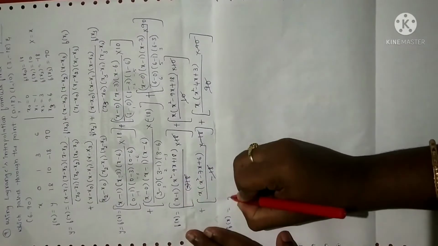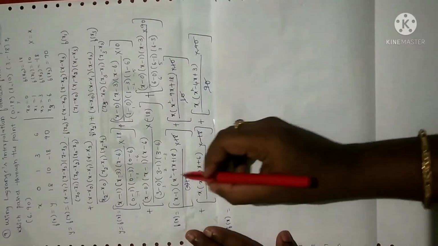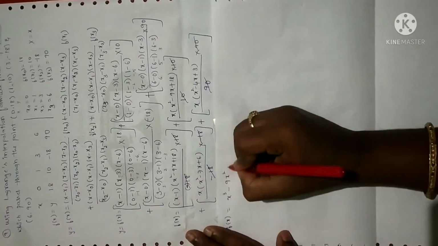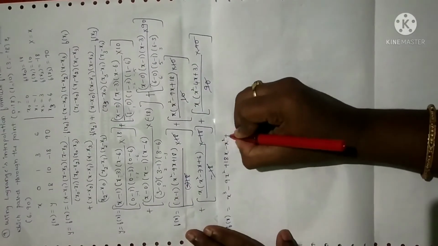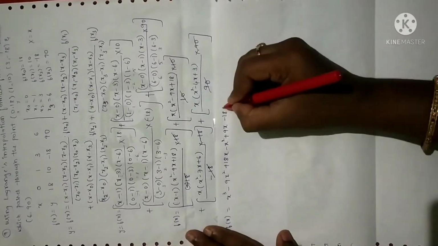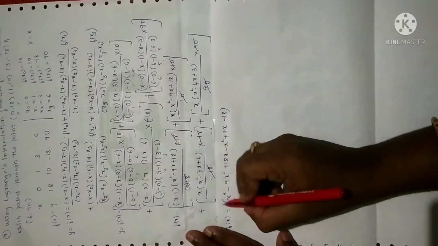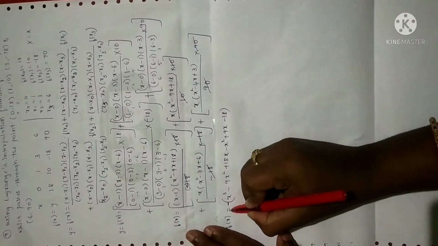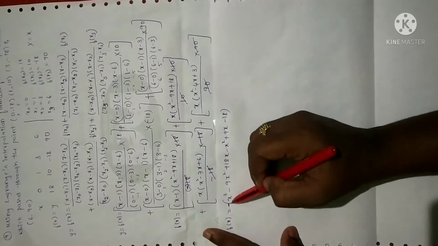See here, x into x square is x cube, minus 9 into x square, x into x is x square, next x into 18 is plus 18x. Fine. Next with minus x square, minus into minus is plus, minus into plus is minus 18. Fine. This is for the first term. You can note that here you have plus, here you have minus, so the minus sign will come here. Remember, if you miss one minus sign, you will not get the correct answer. So I have written the minus sign here.